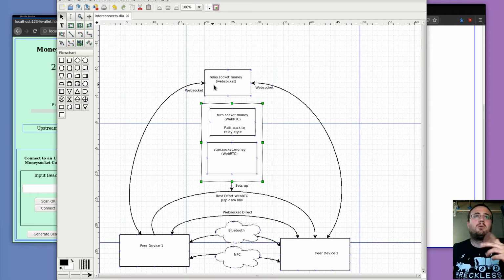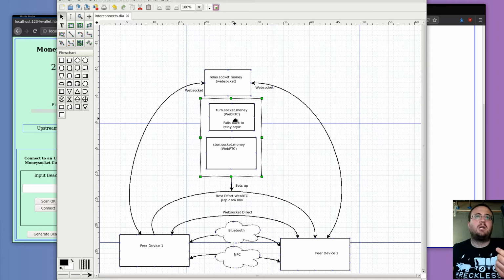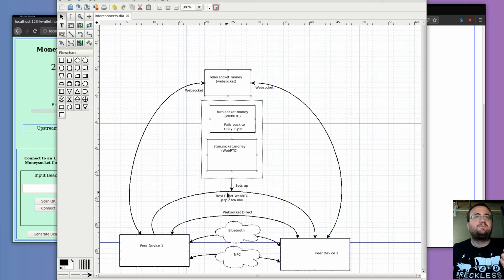So in the same way I have a relay, we could provide a TURN server, a STUN server, such that in the beacon it's like, here's my phone number. Call me if you want to access this money, and then it'll do that through WebRTC. If I'm understanding how that works yet, I haven't actually gotten my hands on WebRTC. But yeah, I think that's a pretty good